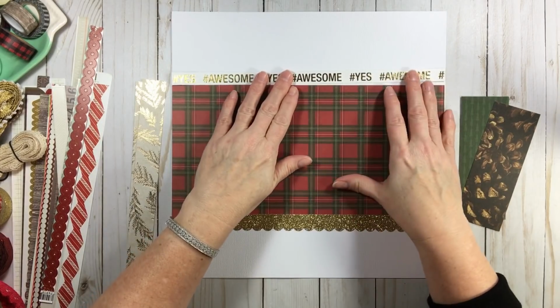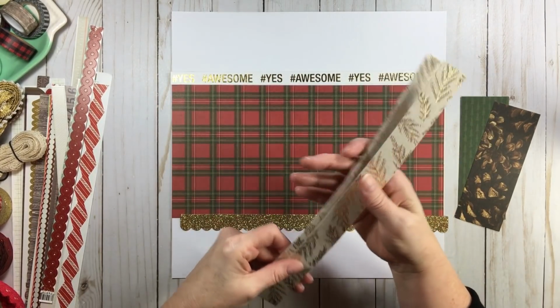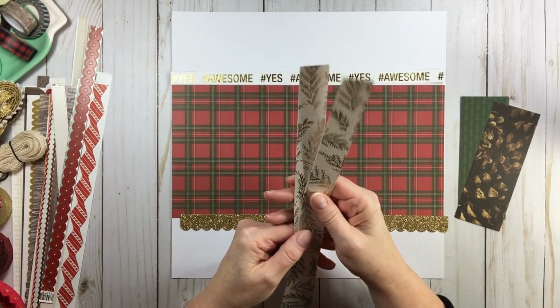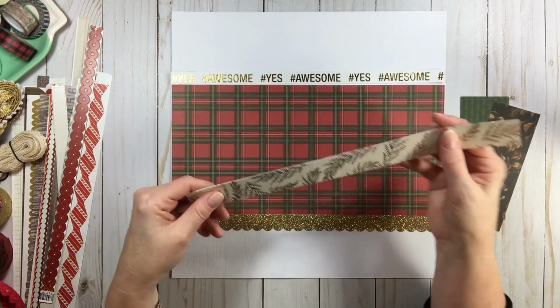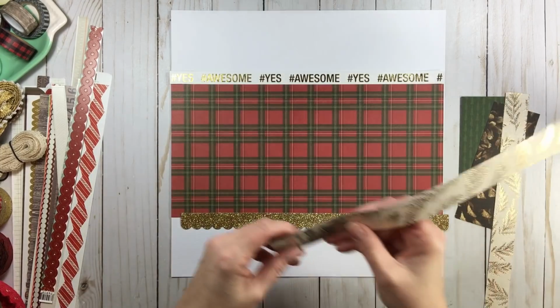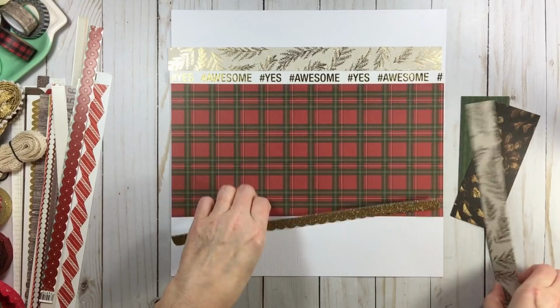So what you can do, say this layout isn't just sparking your fancy, that's okay. Put them aside. Don't put them in with your other papers. Put these aside as leftovers, okay? That way you won't get confused later on when we do layout 2, 3, and 4. And then you can swap these out, okay? And then another option you can do is just start using those pieces